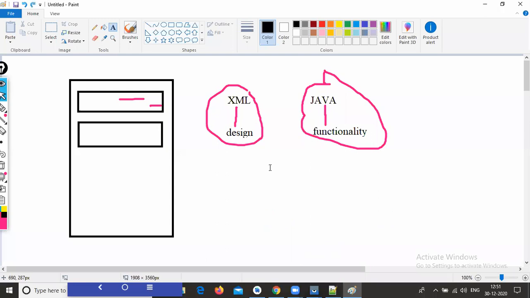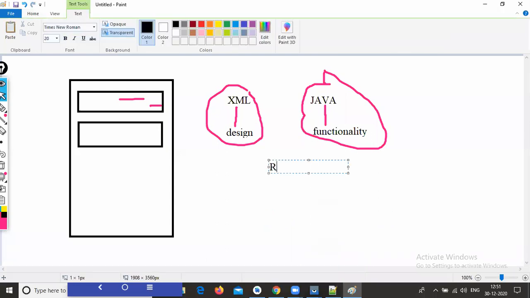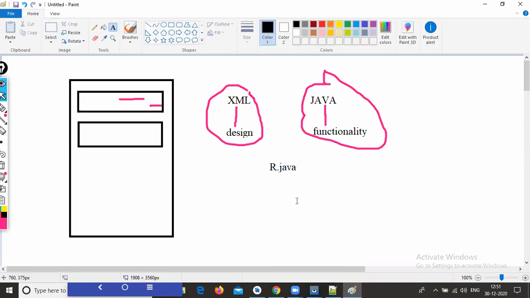one file is available, that is the R.java file. Whatever views are available in our XML file, those views are created in our R.java file. It is automatically generated, not created by the user or developer.